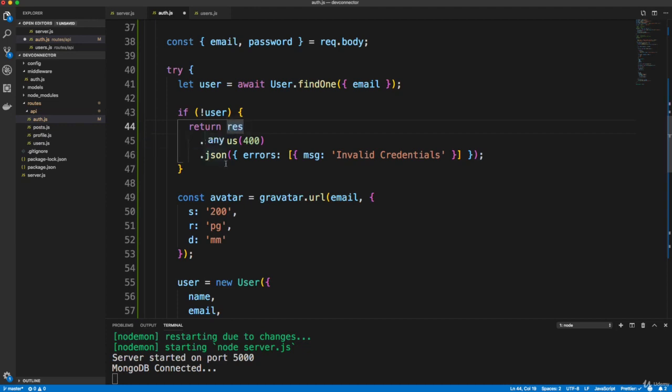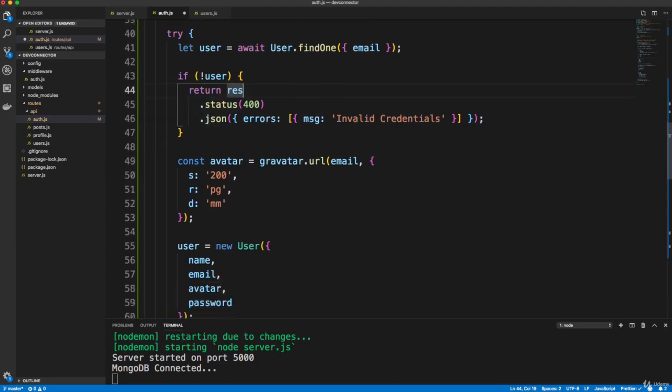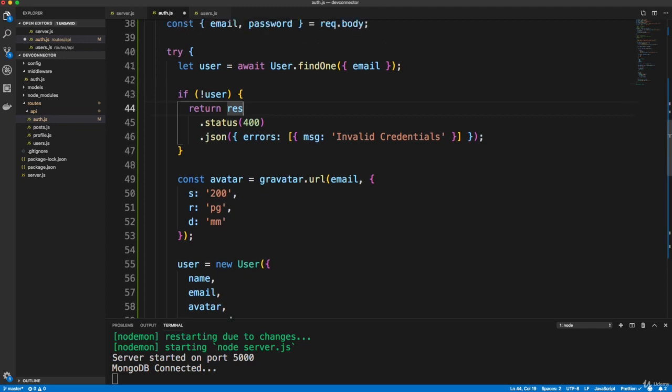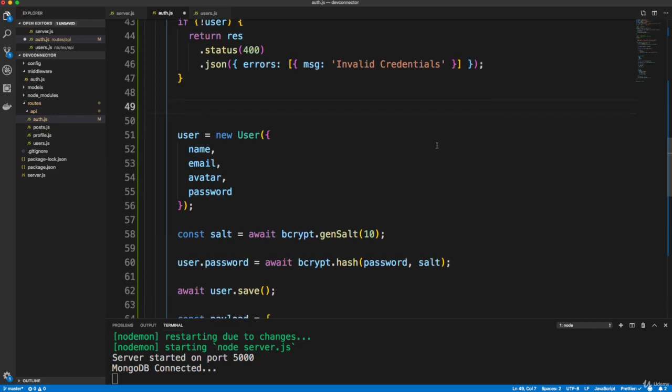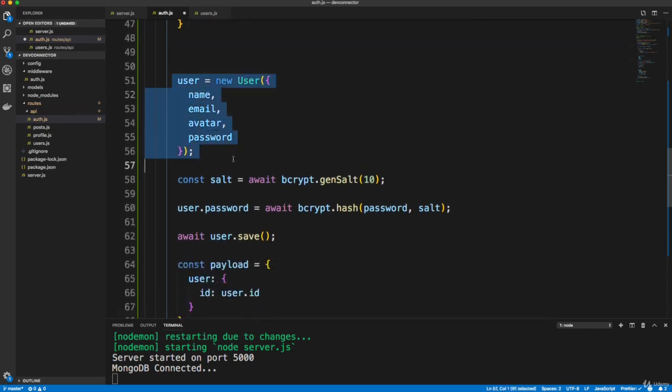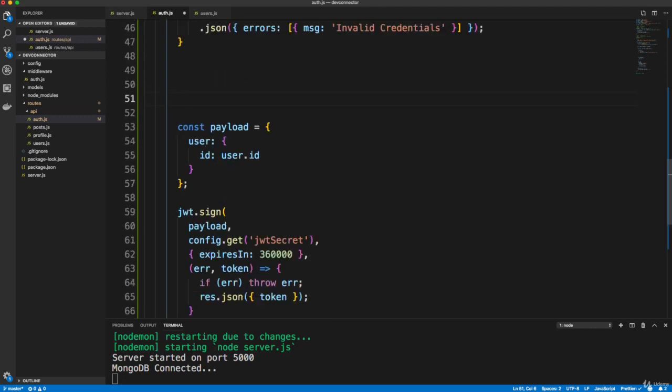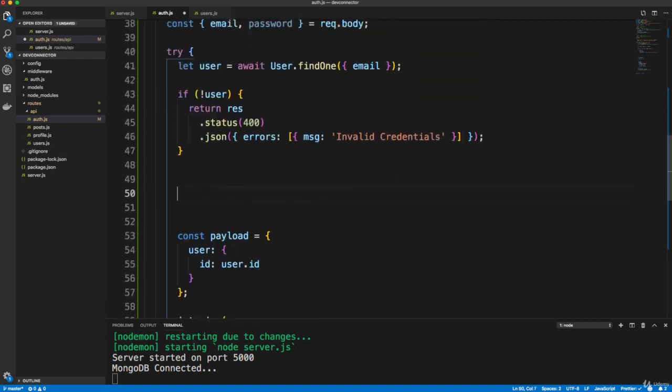All right, so we'll go ahead and do that. That should be good. Actually, yeah, that should work. Now, we're not doing anything with the avatar, so we can completely get rid of this, all this stuff. And let's see. We're going to keep this here, the payload and sending the token, or signing the token and sending it back. But we need to match the user, the email and password. All right, so we have this user